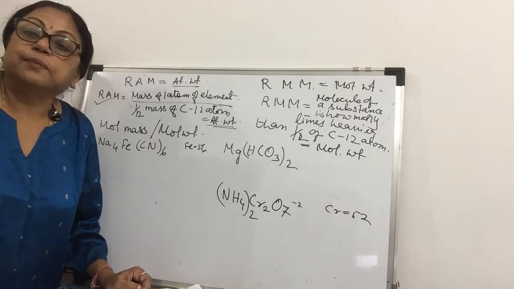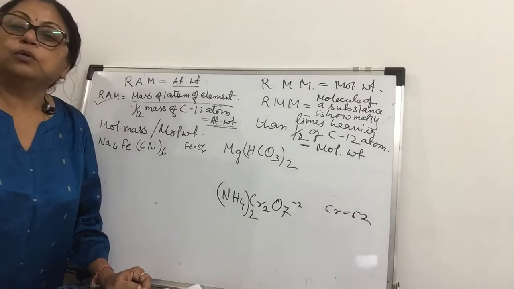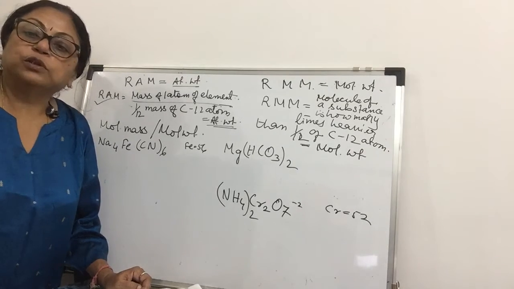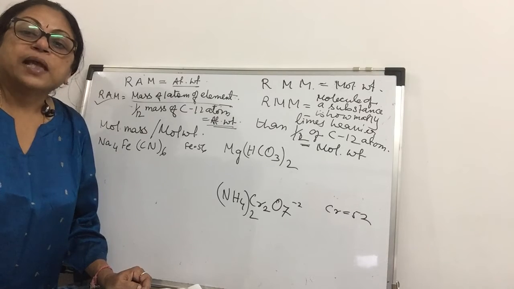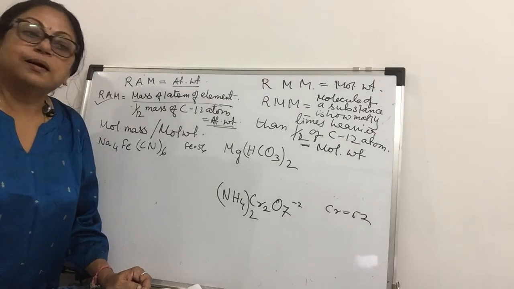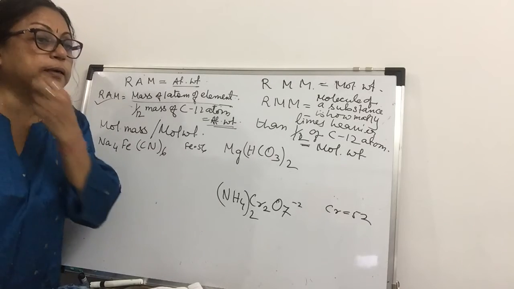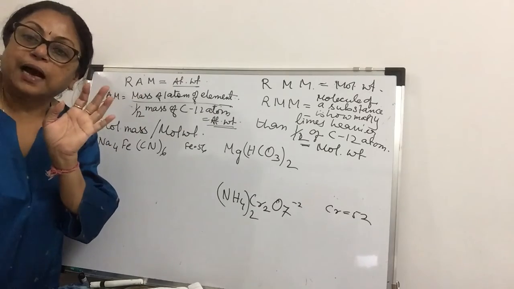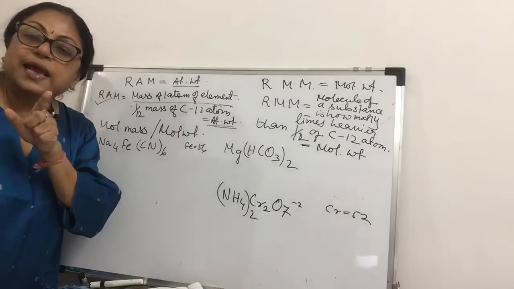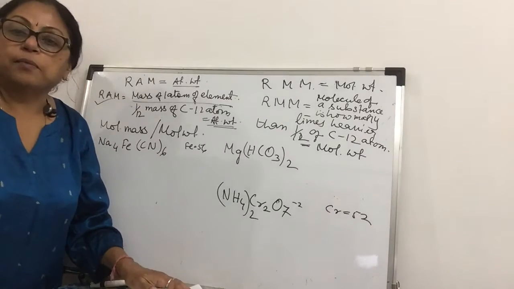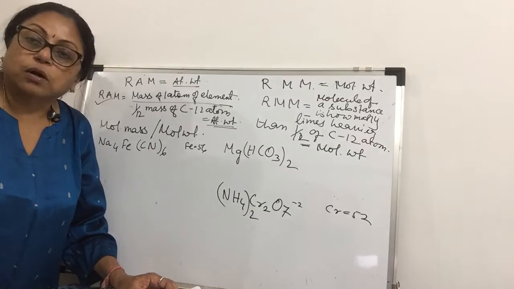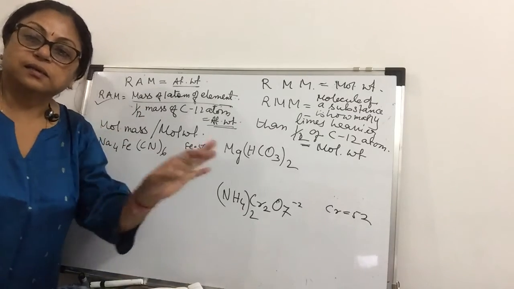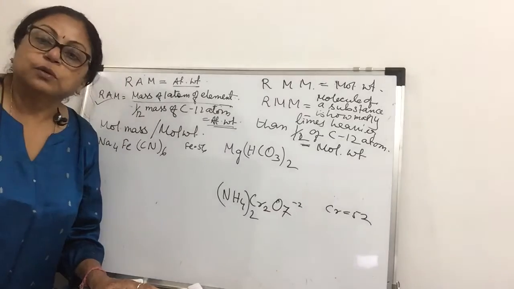The way we have learned atomic numbers from 1 to 20, I told you for till 10th standard we are going to study from hydrogen to calcium, till 20. But there are some elements in the D group. There are so many elements that we are going to study. We are going to study about iron, copper, silver, gold, all these things. But mainly we are going to study about 1 to 20.